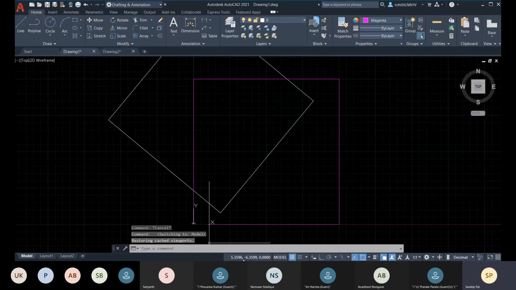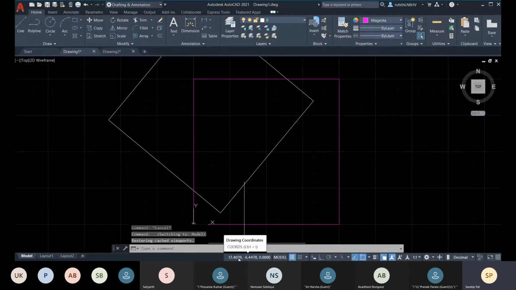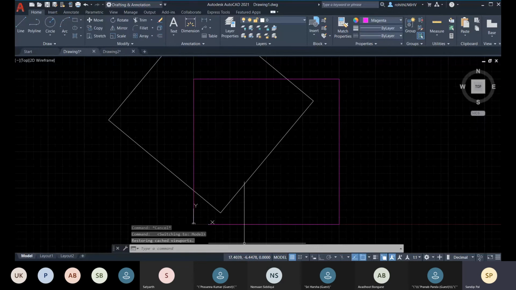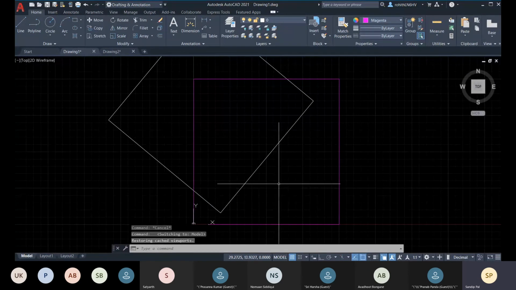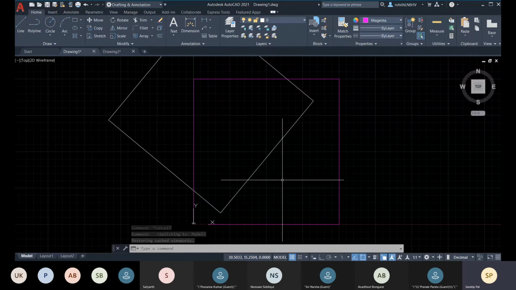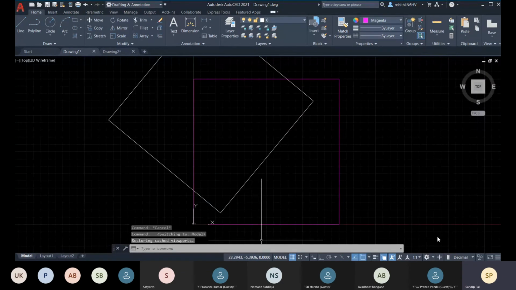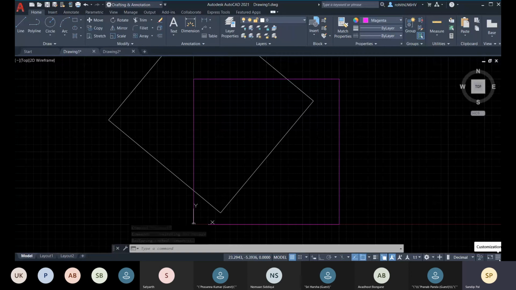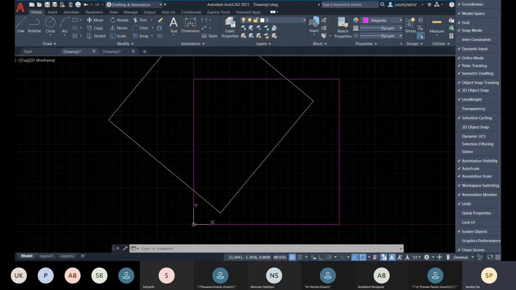And here you can see that we have some more drawing coordinate values and some more icons. This is called your status bar, which shows the drawing status. Right now you can see the location of your crosshair through this coordinate value. You can also customize it. You can see this customization, three horizontal lines at the bottom right corner. With this, if you check or uncheck, as per that you will have icons here.